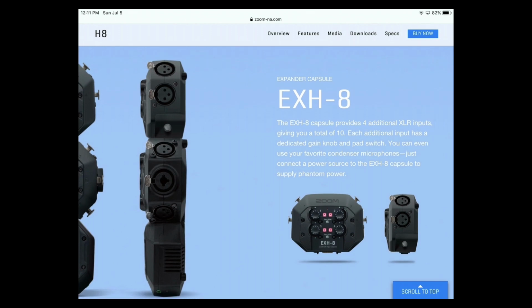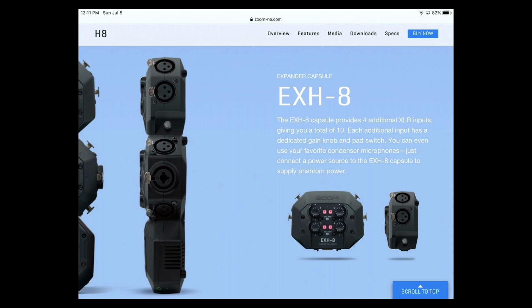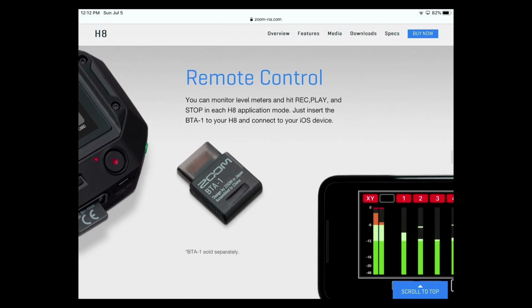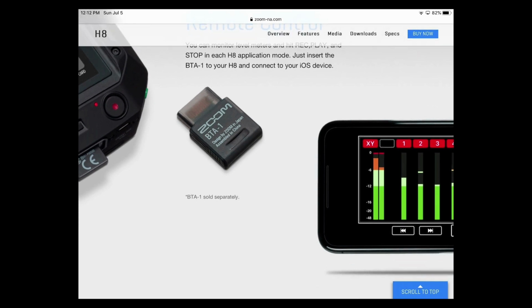And then this is interesting. So you can actually add an additional 4 inputs. This is a new capsule that they're adding as well. And I believe this one is not clear. Just connect a power source to the EXH capsule to supply. Okay, so you evidently need to provide an additional power source to provide phantom power to those additional 4 inputs, but at least it's possible. So that's interesting. Also, the BTA1 adapter, the Bluetooth adapter, fits into the H8 as well, so you can remotely